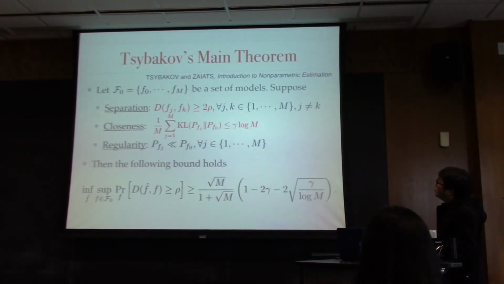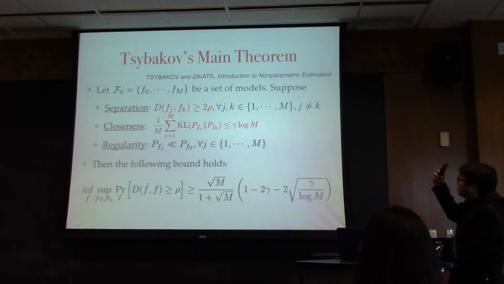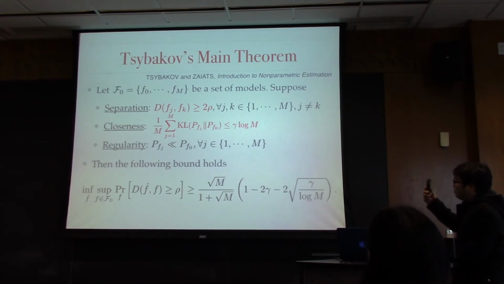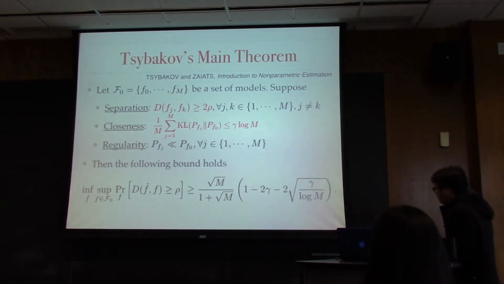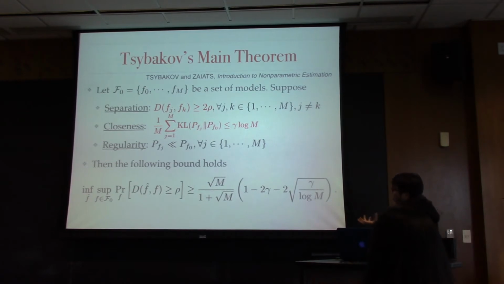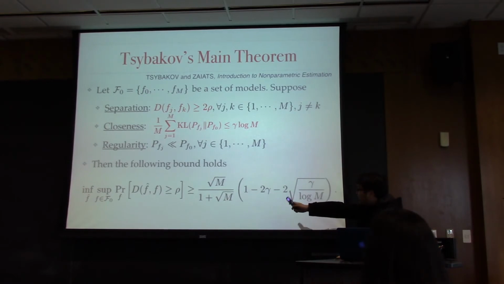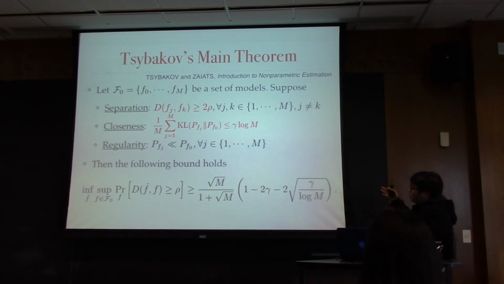Okay, so our main tool is called Tsybakov's main theorem. That is a tool that is very useful in the proof of many information theoretical lower bounds. In order to prove this lower bound, which basically means that any estimator cannot do better than a certain parameter rho, I need to construct a set of models, or in our case a set of distributions. So I have capital M plus 1 distributions here, and the construction of my distributions must satisfy three conditions.